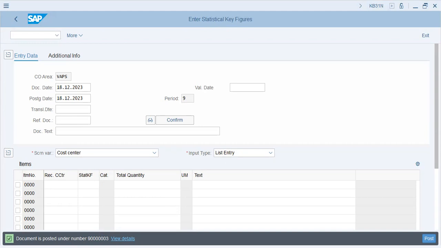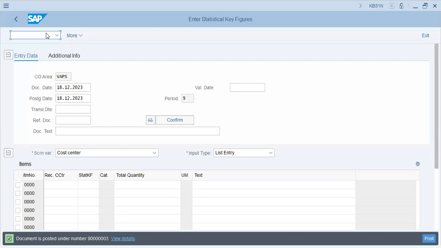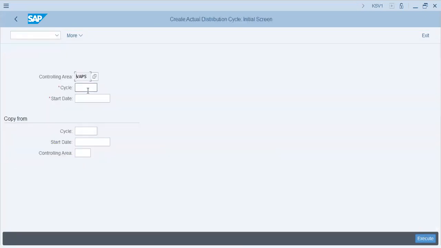Now, distribution cycle is a distribution cycle. Okay, let me just distribution cycle. KSV1 maps. We will create a cycle from here, but before that,